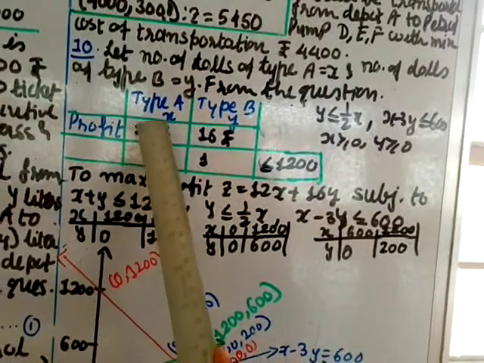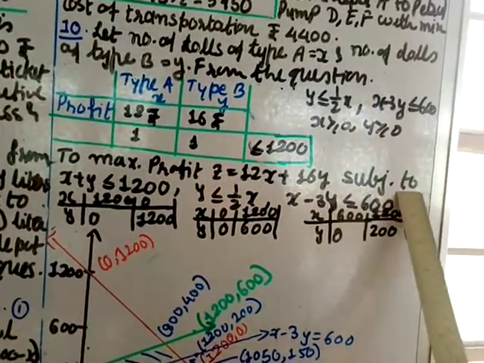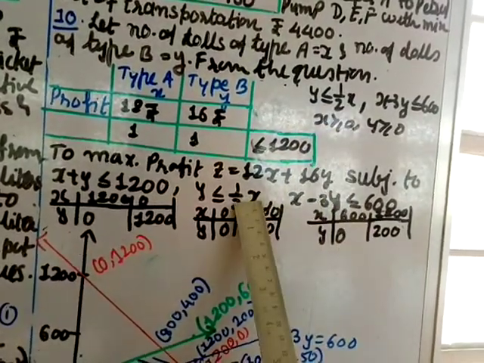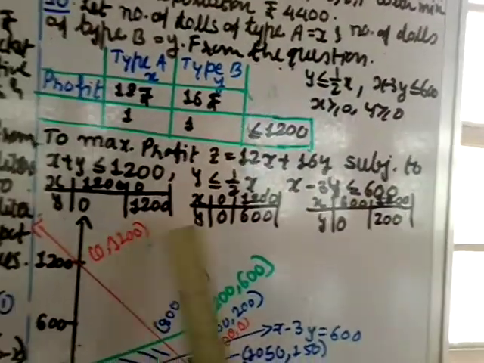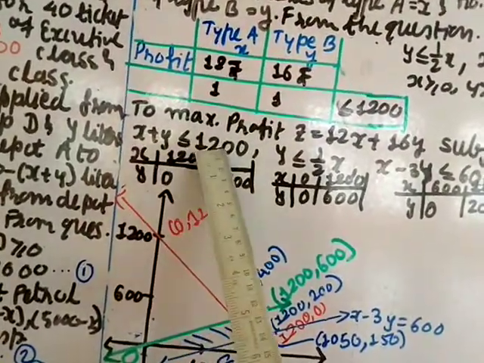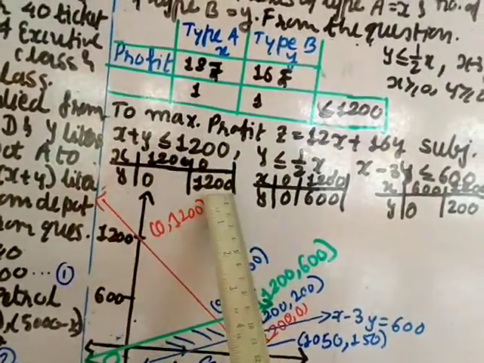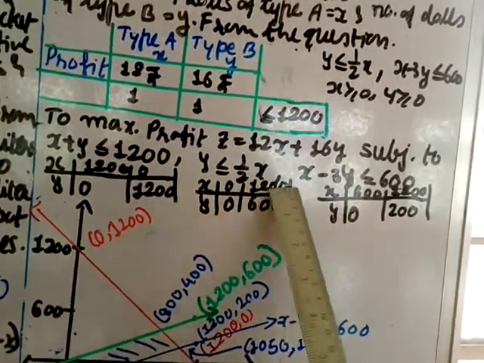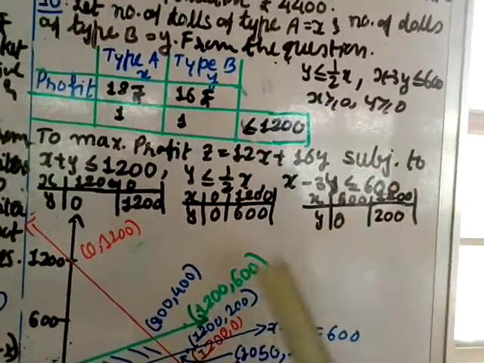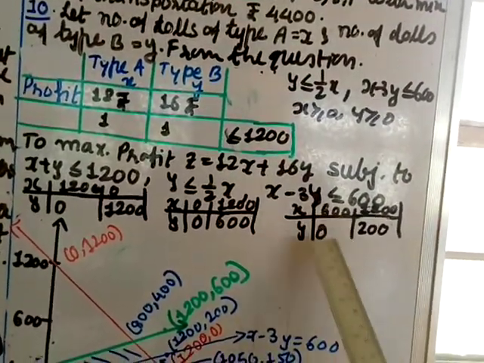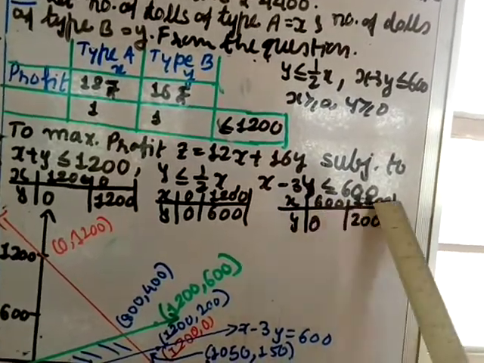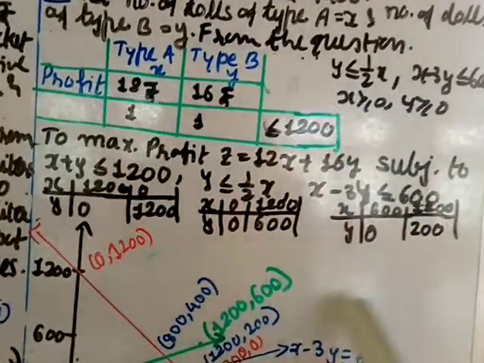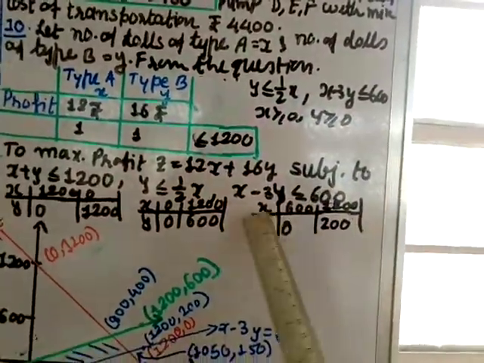To maximize the profit, that is 12x plus 16y, subject to the condition x plus y less than or equal to 1200. One is this condition and one is this condition. Okay, let us find the points. When you put y equal to 0, x is 1200. When you put x as 0, y will be 1200. Here when you take x 0, y is also 0, and taking x equal to 1200, the y value is 600. For this, taking y 0, the x value is 600. When you take x equal to 1200, then the y value is 200. Don't take x as 0 again because it comes negative, therefore we are not taking it. I have taken only the positive numbers for x.